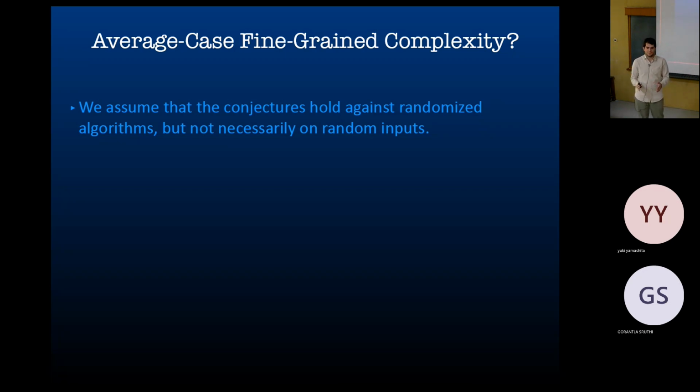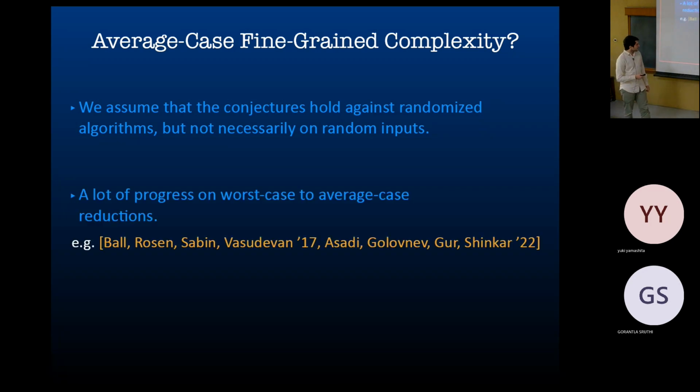So the other way would just be to make a conjecture that this problem is hard in the average case, and then try to classify problems that way. This is what kind of people have been working on. There's been a lot of progress on this, but we still don't have what we would like, these strong worst case to average case reductions. I'm just giving you some pointers to some recent papers. I will not go into the details.